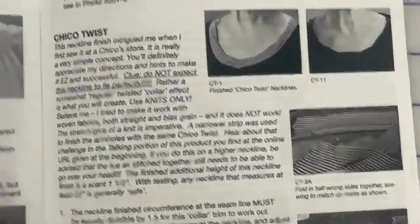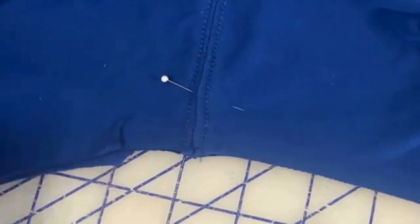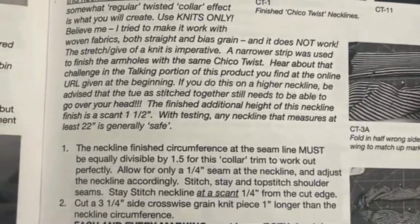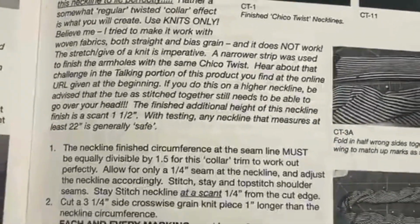All right, it says to stay stitch the neckline edge at a scant 1/4 inch, and I have done that. And then I folded it in half at the center front and the center back and measured. When I first measured, this turned out to be 14 inches, so double that is 28. The directions say that the finished circumference of the seam line must be equally divisible by 1.5 for this to